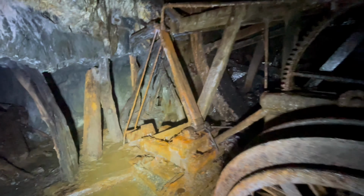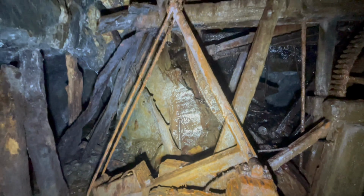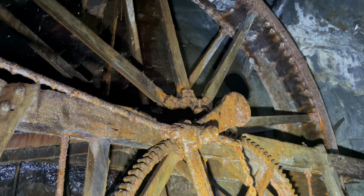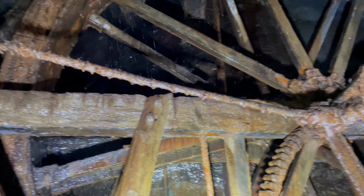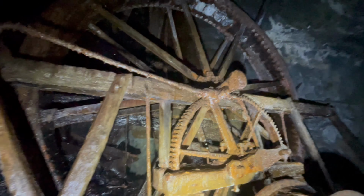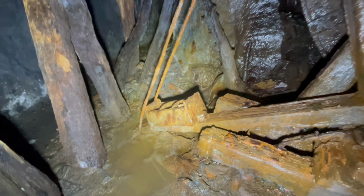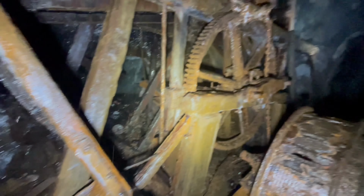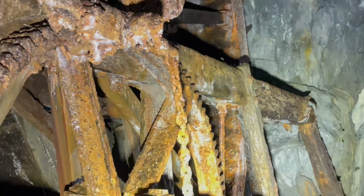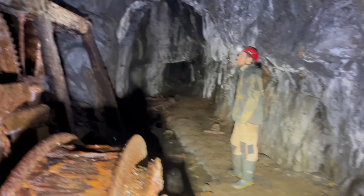And first of all, for pumping, just here you have a very small little balance bob. The wheel would have made this rod here rock backwards and forwards on that axle. And this would have gone up and down. There's the counterweight just there. And then looking in this direction, you can see that chain there. That chain would have gone all the way over to the shaft where